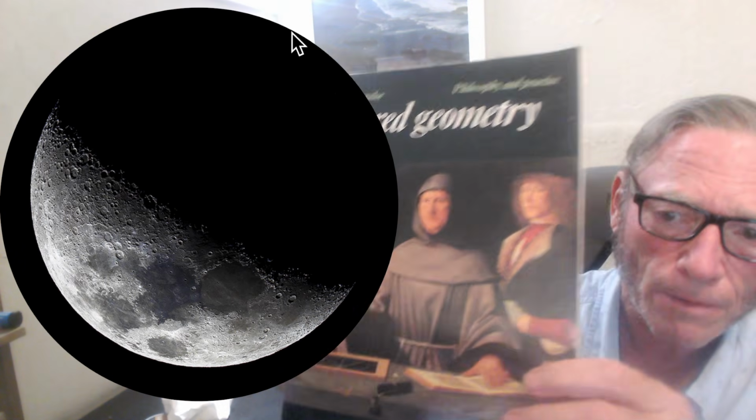This is a book that I acquired. Let me just get this moon. Let's get our moon out of the way. We'll turn off the portal so I can show you this. It's a very captivating cover. You see that we have the author, Robert Lawler, who did a very good job. This is a good book. And it says right in the title, Philosophy and Practice.